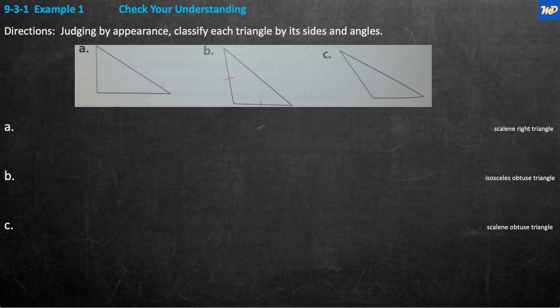What is triangle A? Well, based on the previous slide that told us the different types of triangles, one thing for sure, this triangle A, by appearance, it doesn't say by fact, but by appearance, it appears to be a right triangle. This appears to be a 90-degree angle. So I'm thinking that it's certainly a right triangle. But there's one other thing. What else could we classify it as? Not an isosceles right triangle, or all three sides are different. Okay, they're different. So that would be a scalene. So I think we'd say scalene,